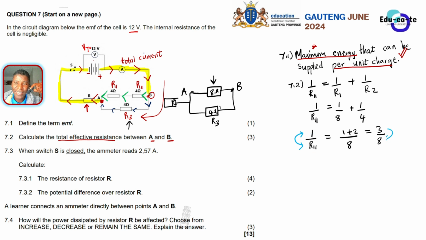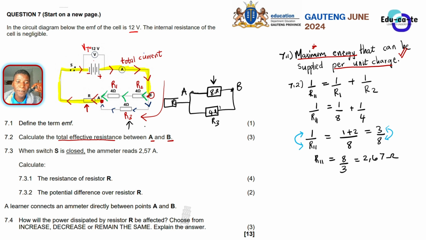We do the same thing on the other side of our fraction. So the actual answer, R parallel, will be equal to, here we are flipping 8, we put it on top. That will be 8 over 3. And then you punch that into the calculator so that at least you can write it in decimal form. That is equal to 2.67 ohms. So it means that the combination of these two resistors is going to give you 2.67 ohms.